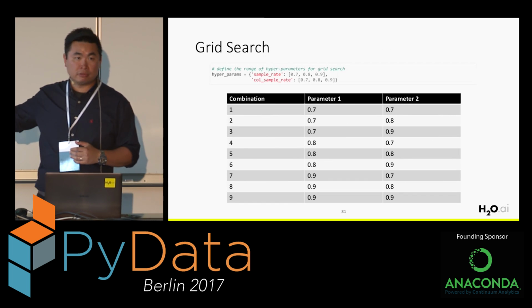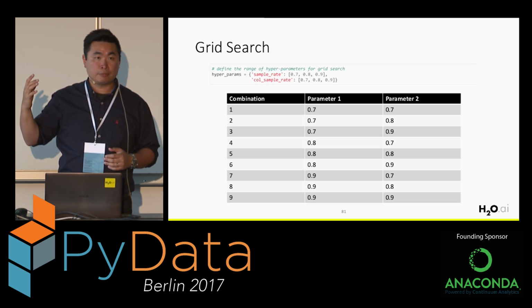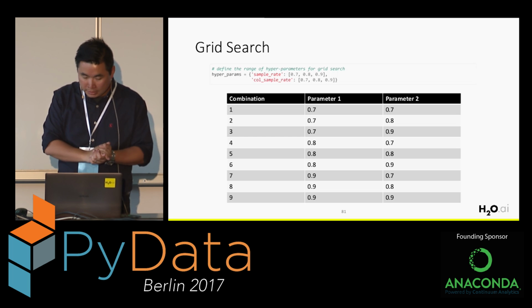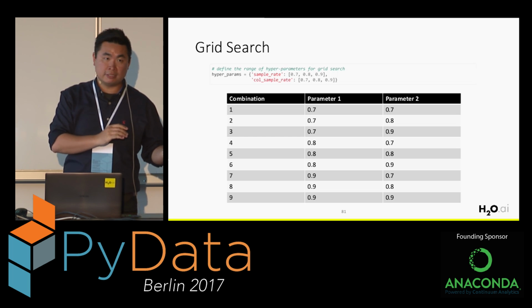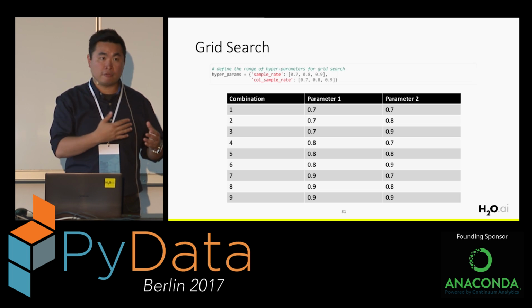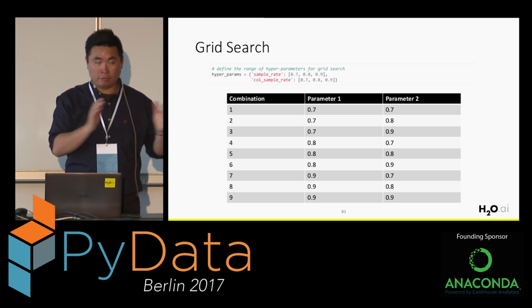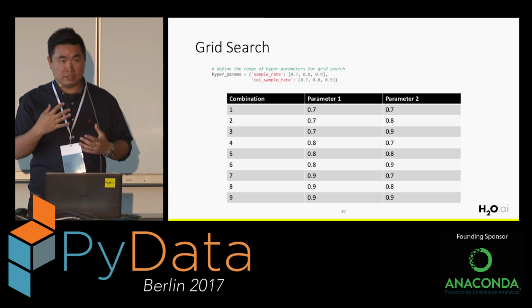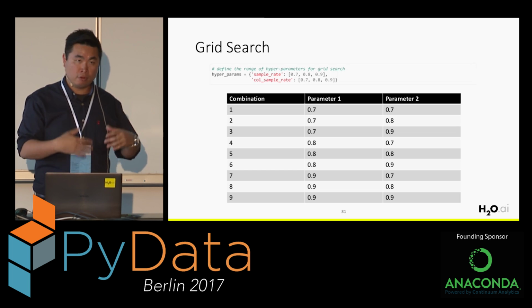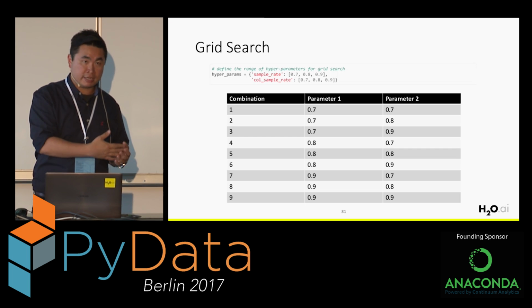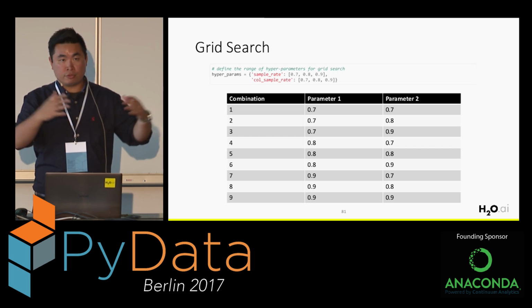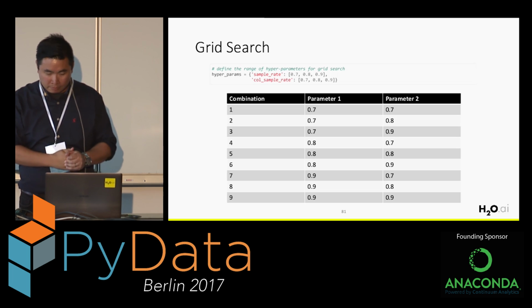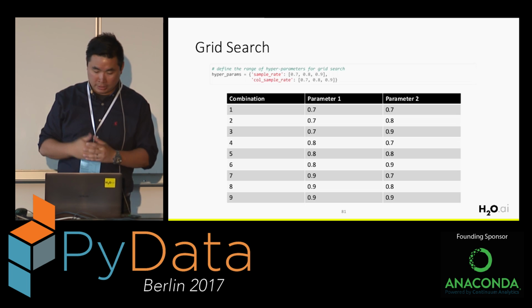I just created a very simple table here to look at different options in sample rate. We sample for rows, and then we sample for columns. But you can see that even with 3 parameters in each option, it will give you a total of 9 combinations of models that you may have to search. So imagine that if you have a different kind of strategy, and you want to expand the search space and include another parameter in there, then you can expect that the search space will grow exponentially. But let's look at a small search space like this, 9 models in H2O.